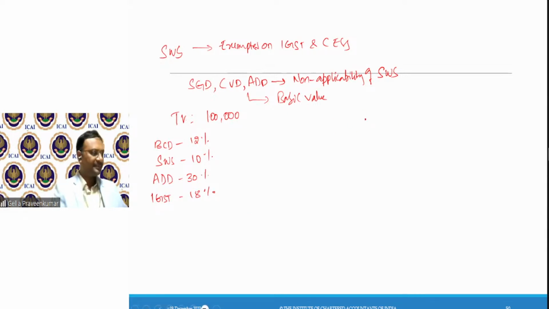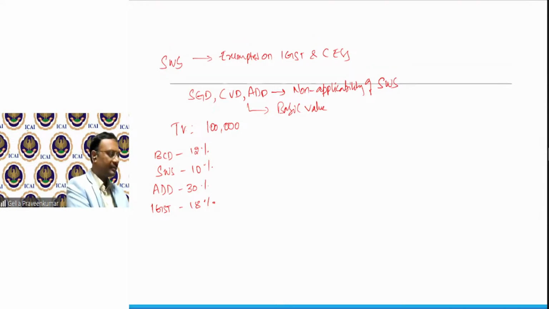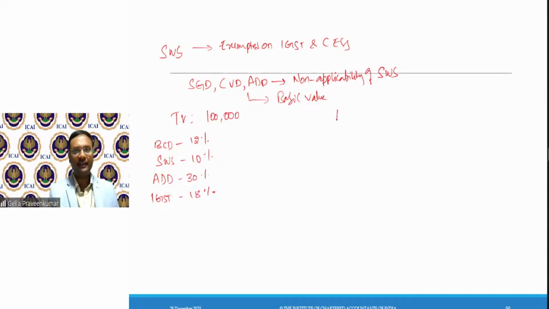To start with, I'll depend on a calculator for a few calculations. First, my transaction value, I'll say 1 lakh. On this, basic customs duty at the rate of 12% is 12,000.